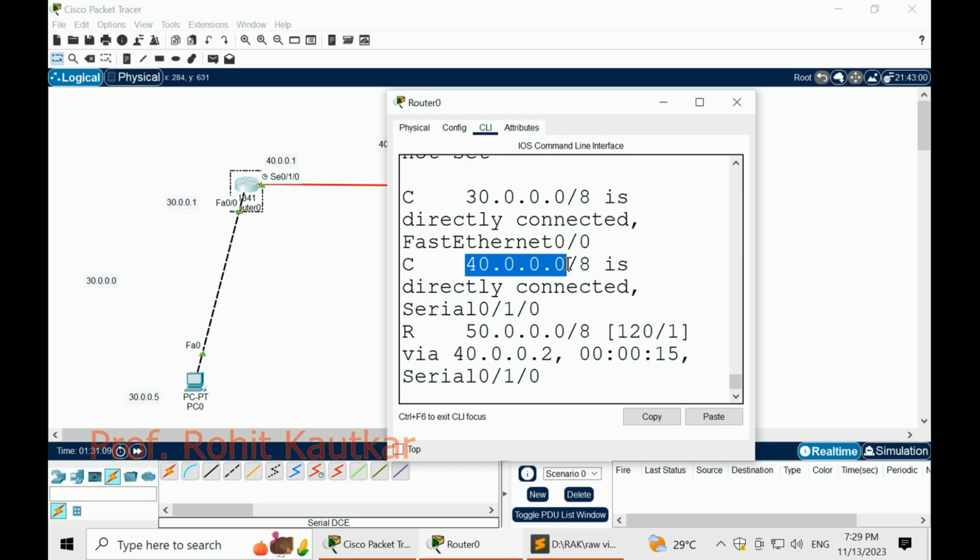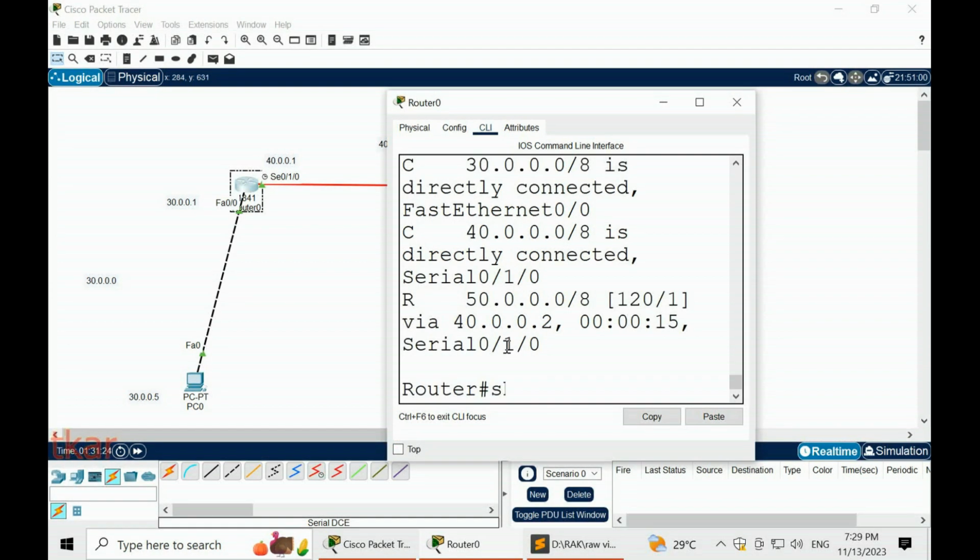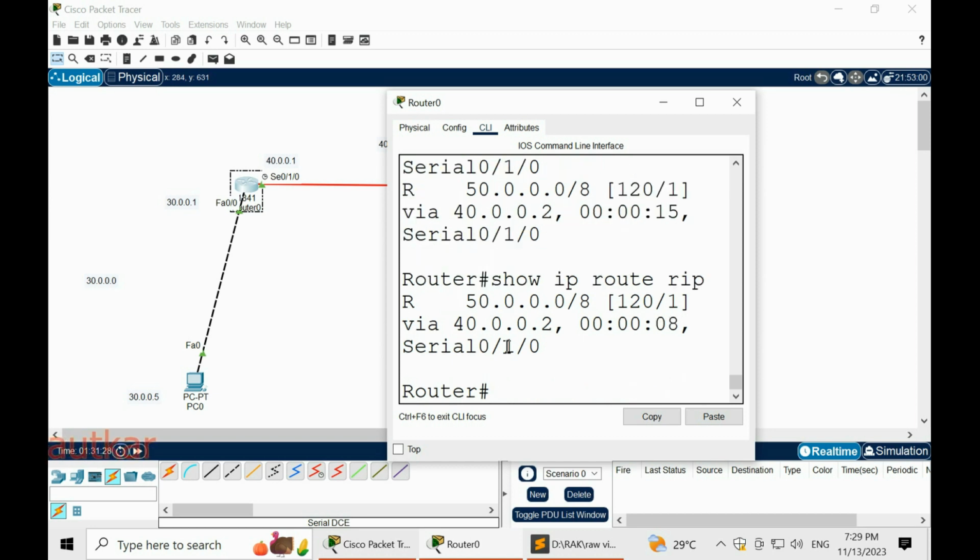So through RIP it has learned this third network. So we have successfully configured RIP. Another command we have is show IP route RIP. So we can see now this route is learned through RIP by router 1.